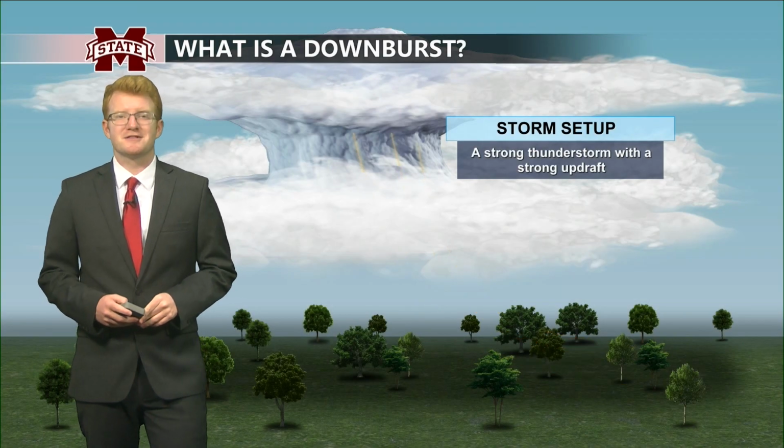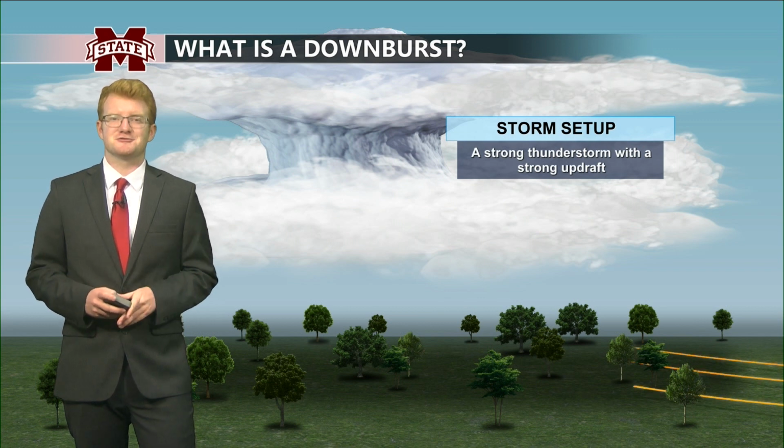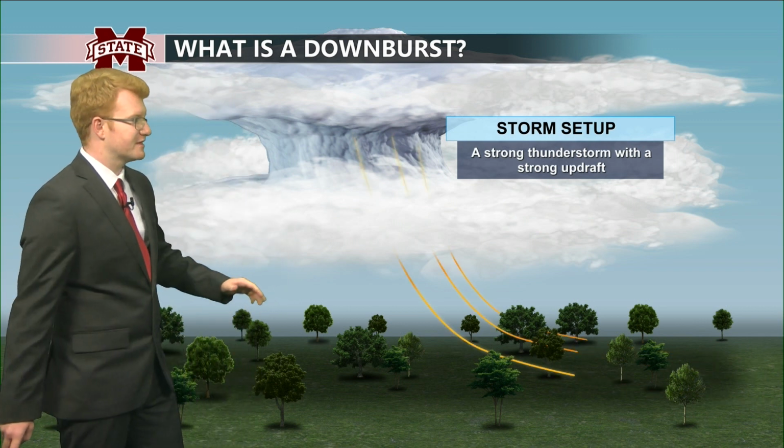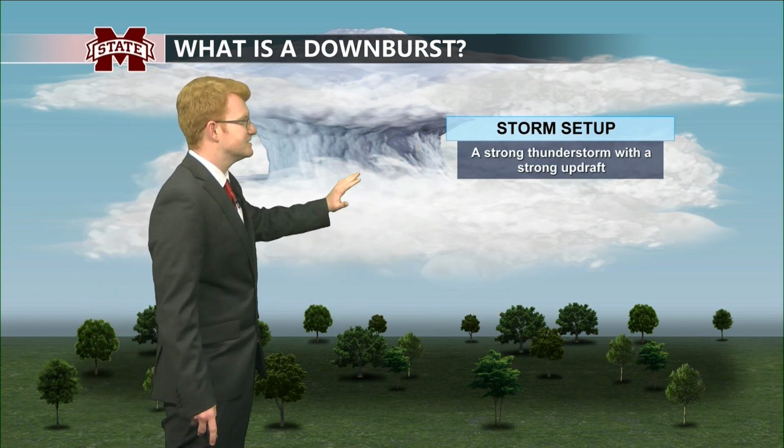Due to yesterday's severe weather setup, I want to take a moment to talk about the potential for downbursts within thunderstorms. But first, let's talk about how a thunderstorm forms. A thunderstorm forms when an updraft of warm, moist air from the surface starts to ascend into the upper atmosphere